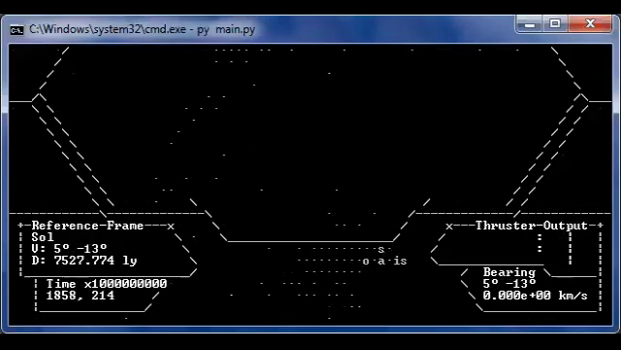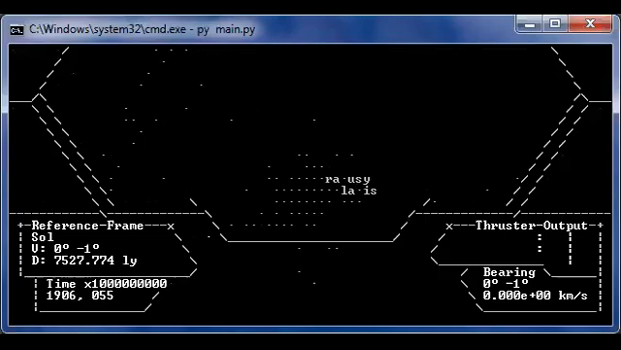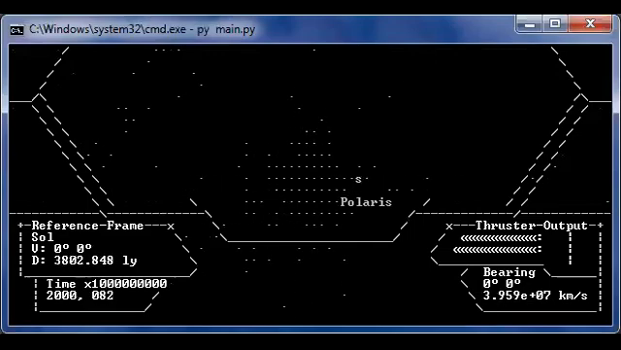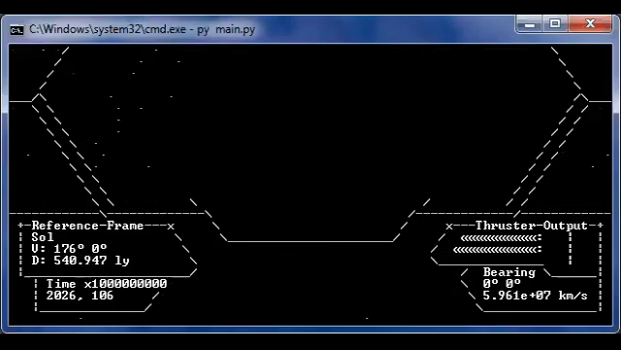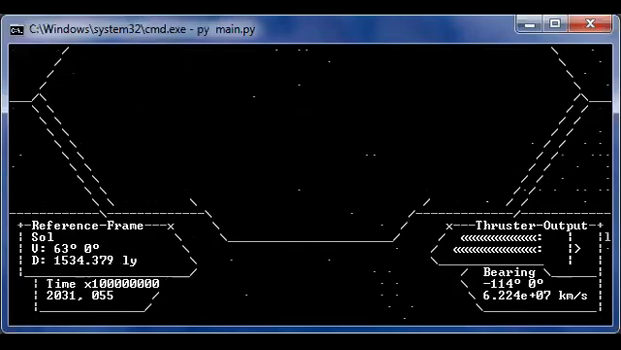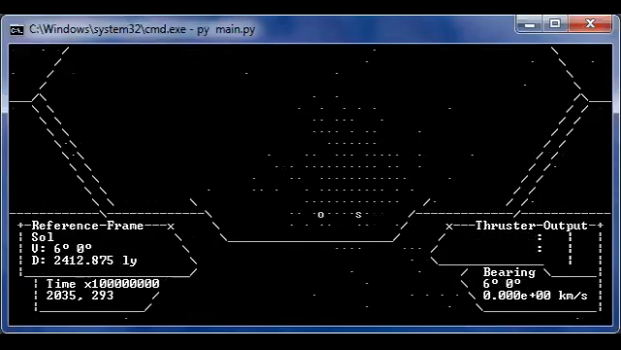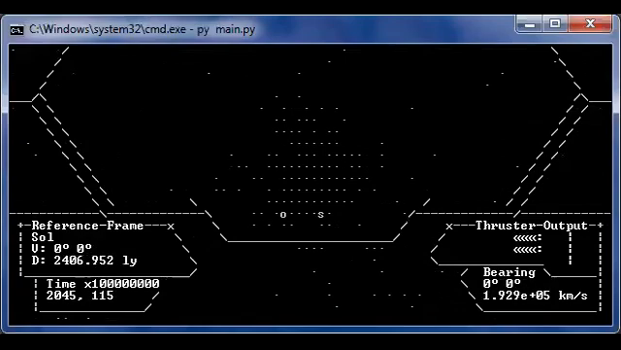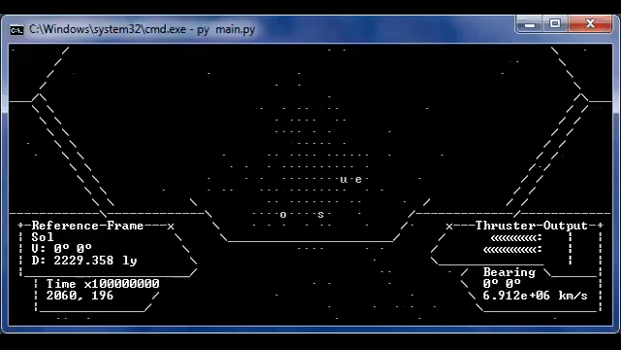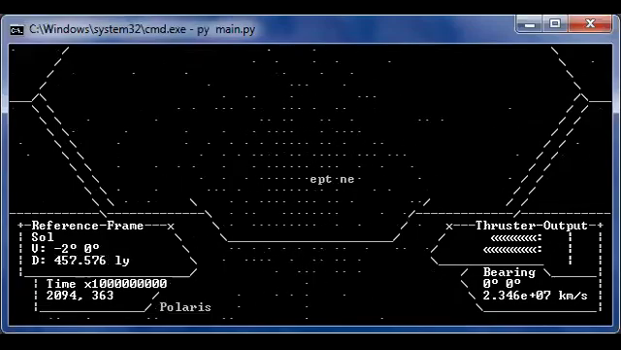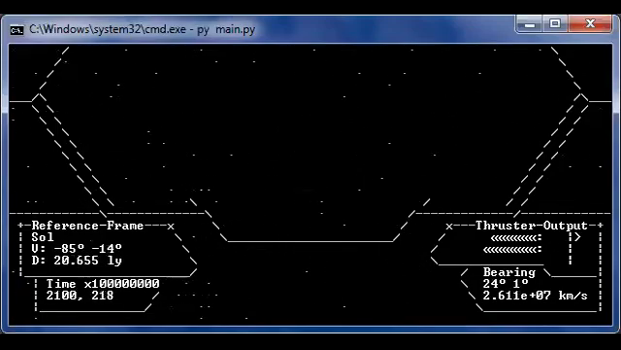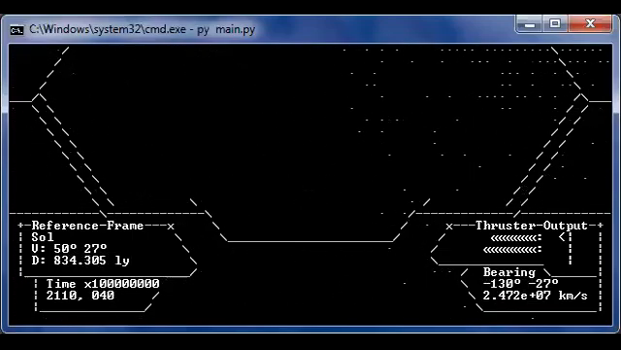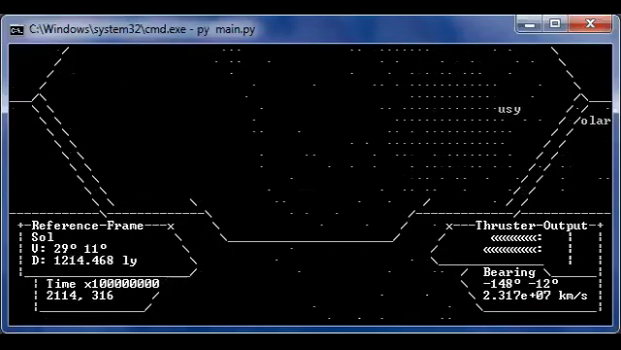We'll fly back in towards it. We'll do a flyby of the solar system, and that'll be the end of our demo. There it goes. Well, if you're interested in playing with it,